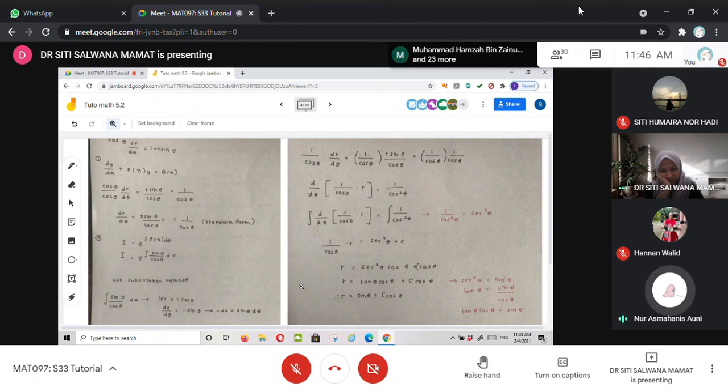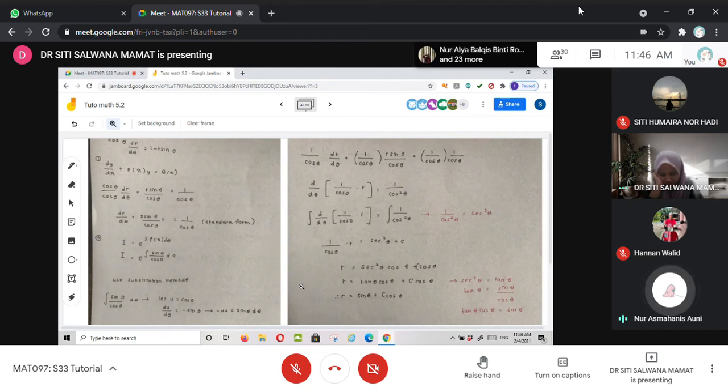So integrate yang ni dapat secant squared theta plus c. So using the algebraic punya ni, so secant trigonometry punya rule, secant squared